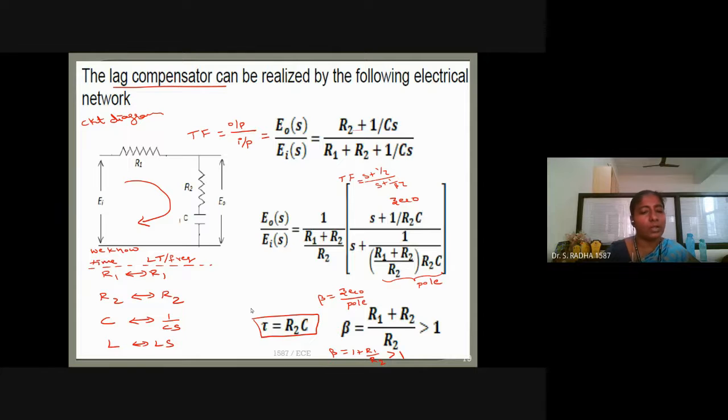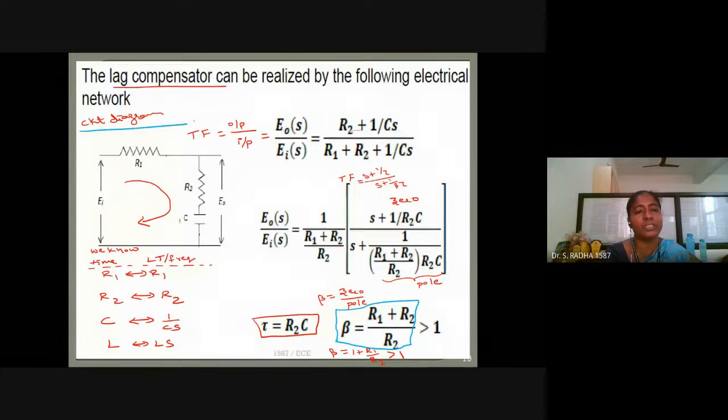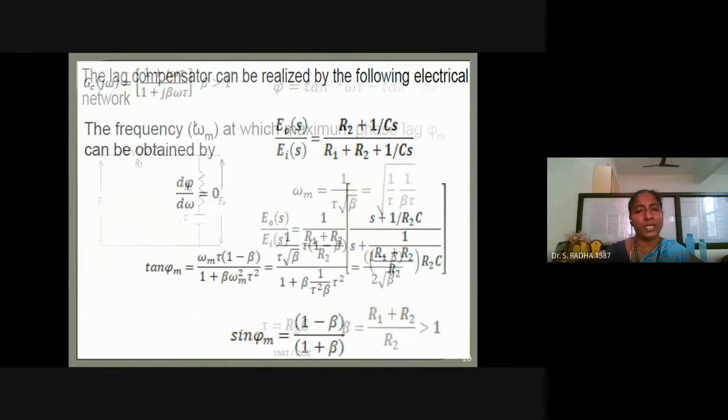So what all do you have to remember? Possibly the formula for beta. Beta greater than 1 means the numerator will have the larger component R1 plus R2, and the denominator has R2 alone. In this slide, only the blue colour box, whatever I have given, beta you have to remember, and that beta is greater than 1. These two things. Now I am on the circuit diagram. You will not be drawing it in the online exam, but we will give the circuit and ask what the circuit is about. You have to identify that this is the lag compensator.